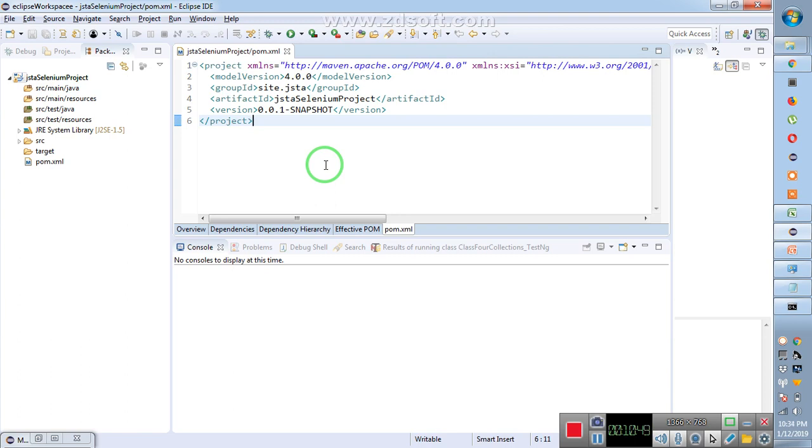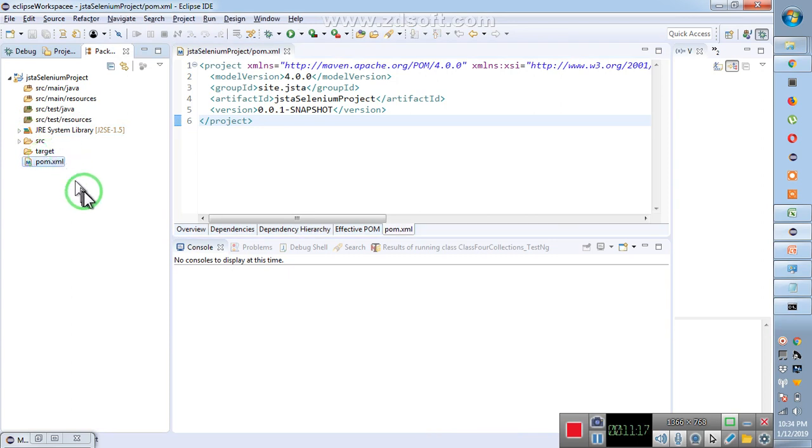Say let's have a scenario of a team of 100 or 100 plus automation testers, where they need to set up the environment individually on 100 machines. So instead of giving them a checklist to download some 20 jars that are needed for test automation, we can simply give them this pom.xml. If they copy and paste this pom.xml in their individual machine, automatically the dependencies will be downloaded. When I say dependencies, it's the external jars that are needed for test automation,